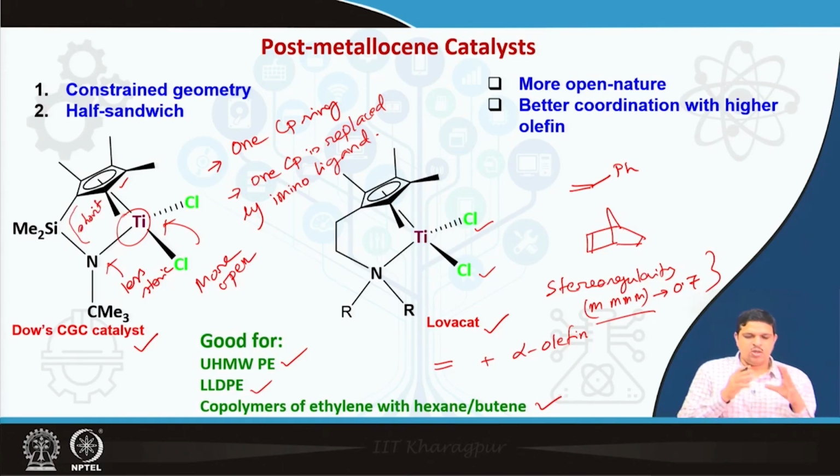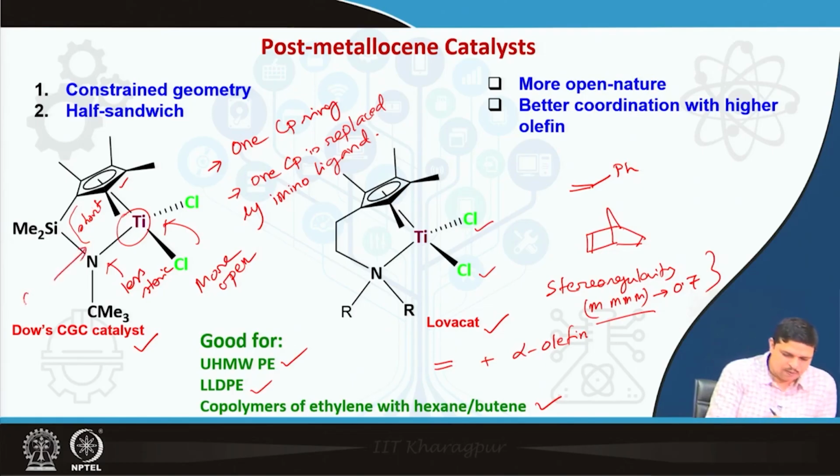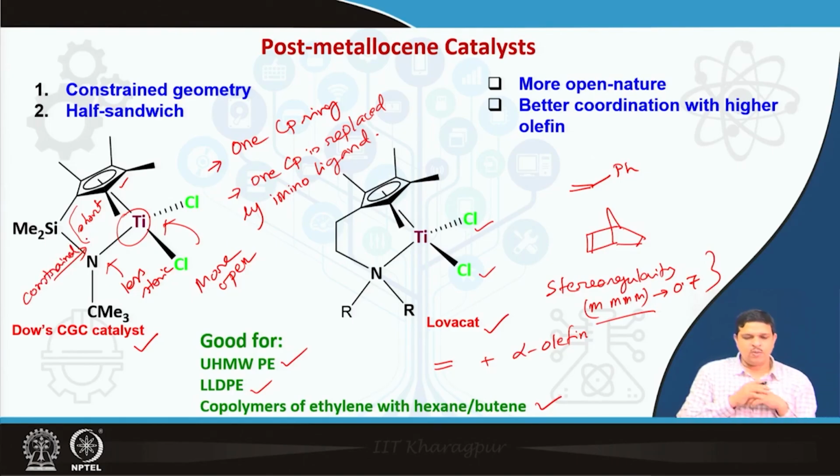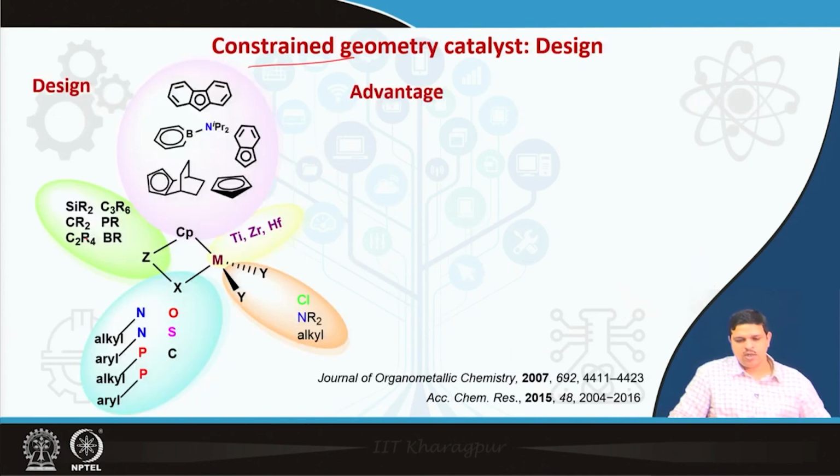So due to the short bridging, this is very constant. This is very constant, and that's why the name is constant geometry. And due to this constant, this space is quite open. So different types of ligands are possible and have been developed with different catalysts of this kind of category,